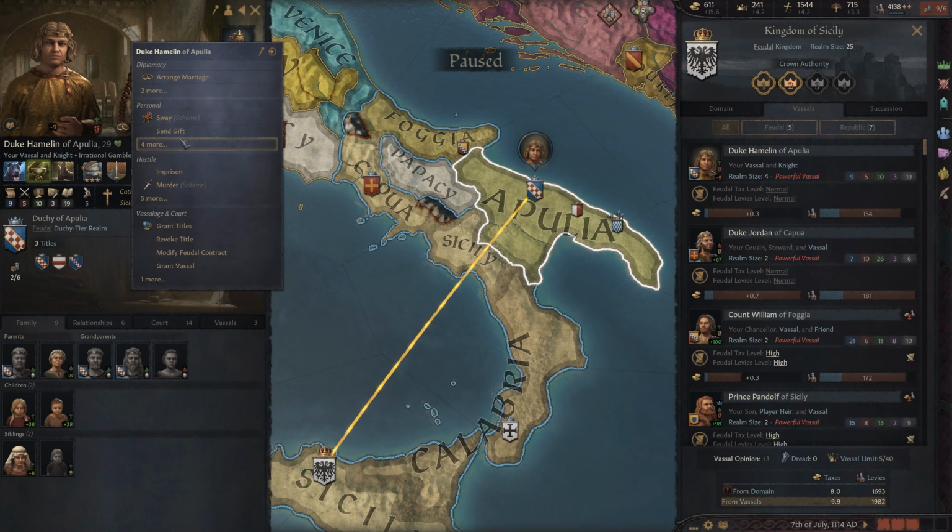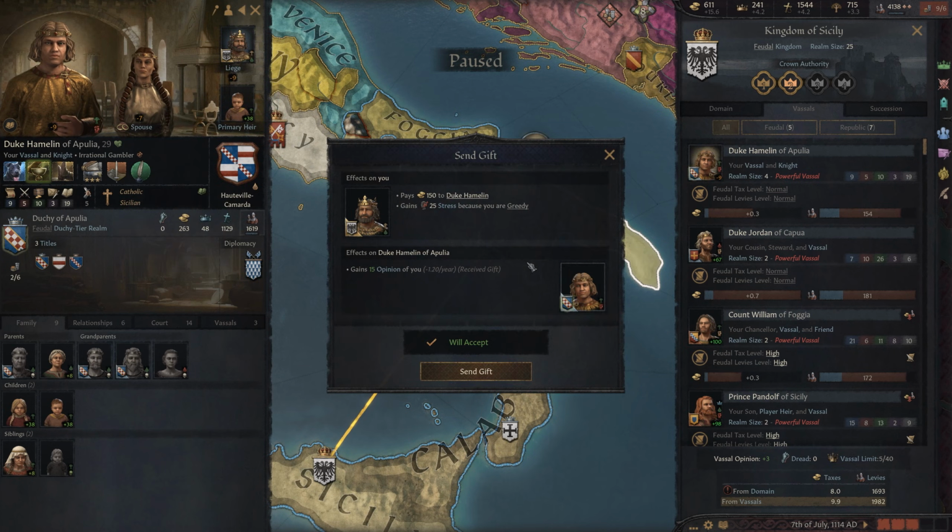So you can right click on him and send a gift. As of the most recent patch, this has been increased threefold. It used to just be 5 opinion, now it's 15, which is pretty much in line with almost every action I'm gonna show you here, depending on some of the other ones. So this is a really great one if you just have the money and you're not greedy or shy, anything that would cause stress from this.